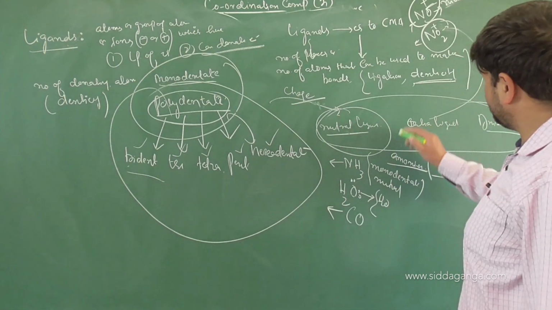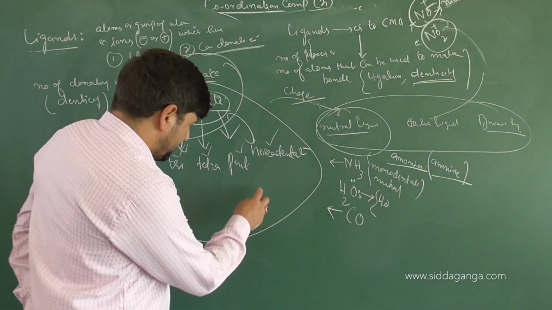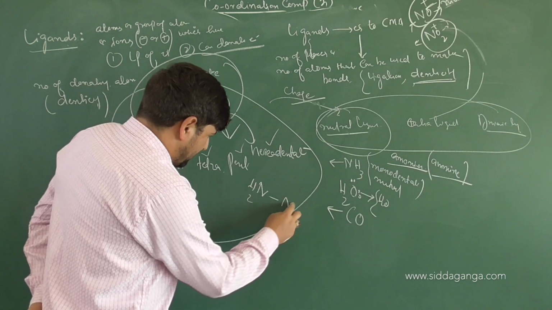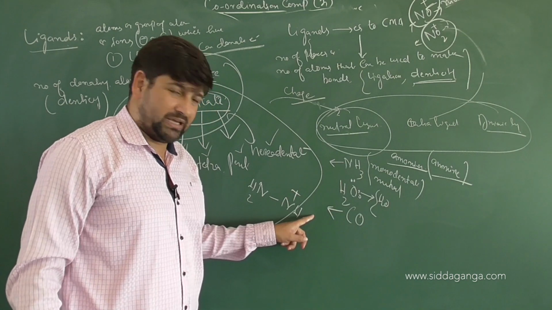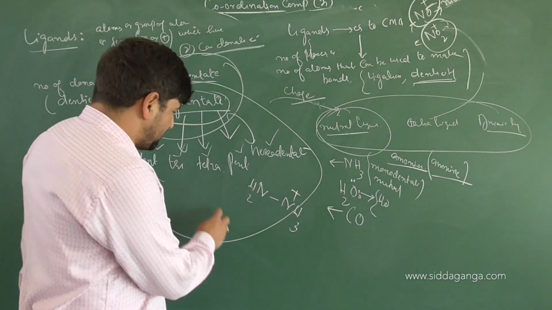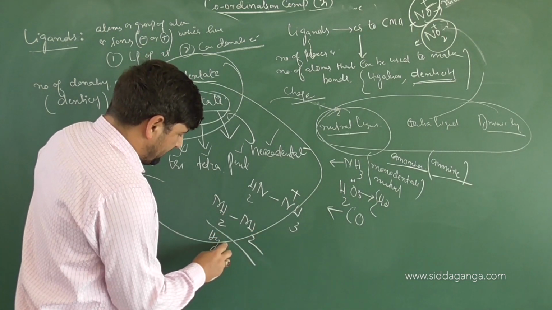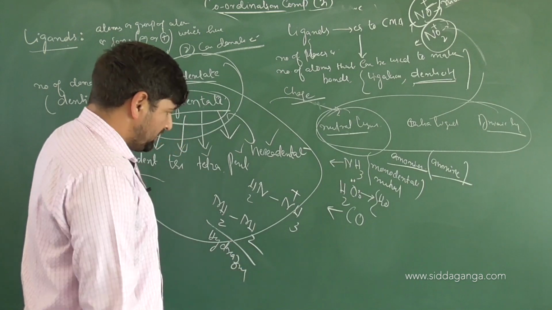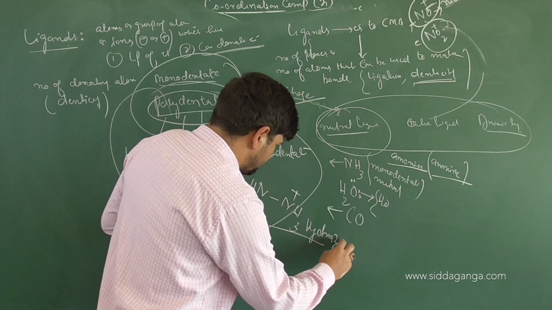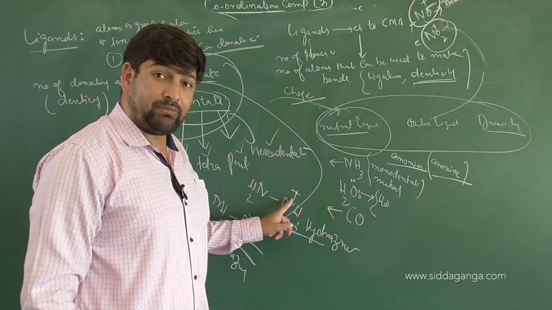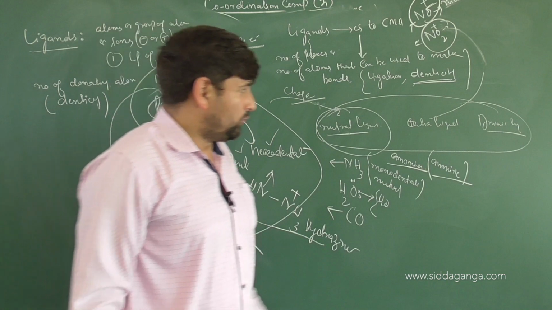Very good. Now even hydrazine, hydrazinium. The molecule will be NH2, then NH3 with a plus charge. That means one of the nitrogens has donated its electron pair, accepted a proton, and converted to NH3 plus. The actual formula is NH2 single bond NH2. This is hydrazine, but it is converted to positive charge. It becomes hydrazinium, positive charge. The name of the ligand finishes with IUM, and it can donate electrons from where? Nitrogen. Clear?